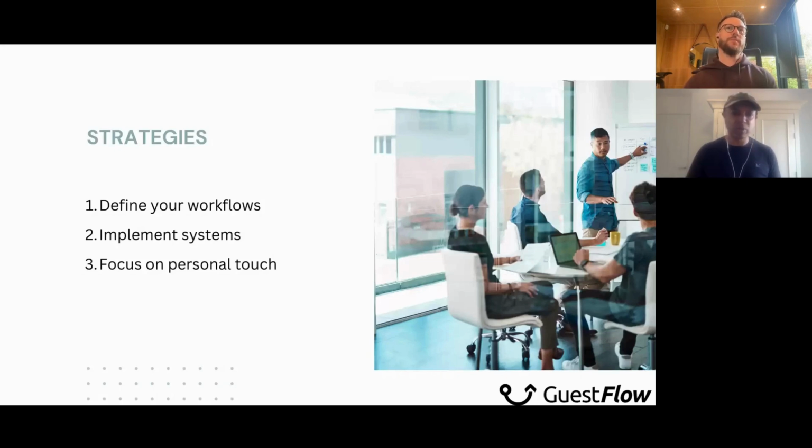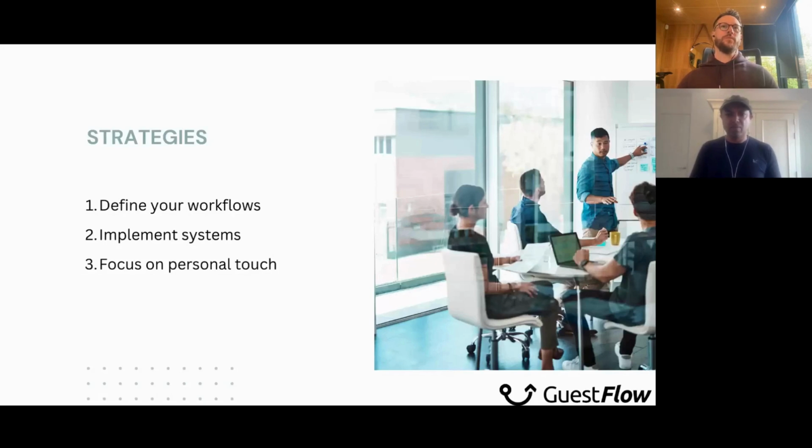I'm going to call them. I'm going to help them. They can't find the property. Instead of some automated chatbot saying, here's the address of the property again, you can just step in and give them a call and make them feel special, make them feel like you care about them. And also it's going to help them, having somebody on hand to talk to. You can only achieve this, and can only have the time to do this, if you get strategy 1 and 2 right. That's what we're trying to achieve here.